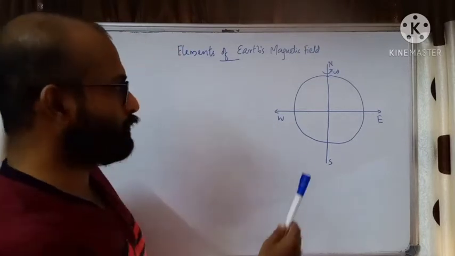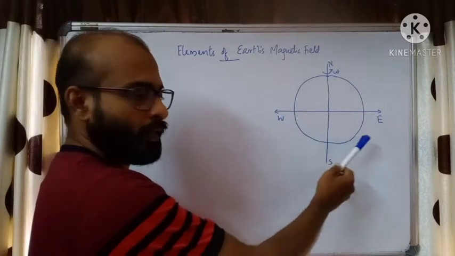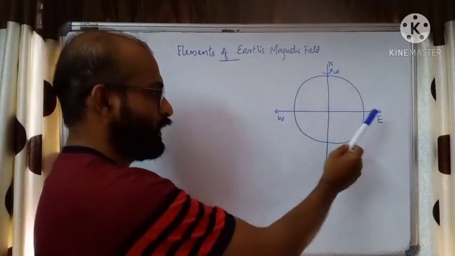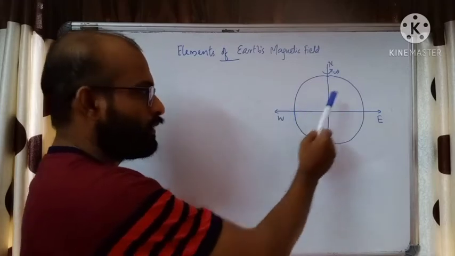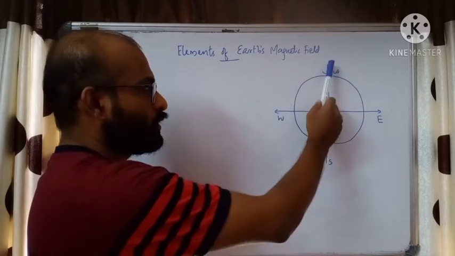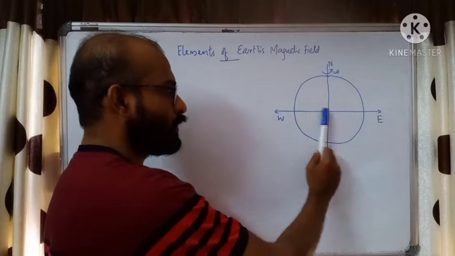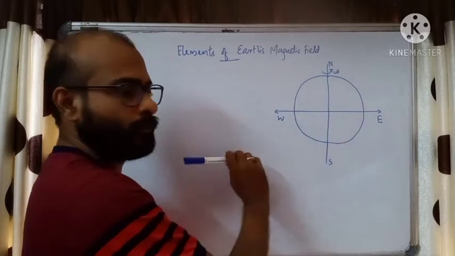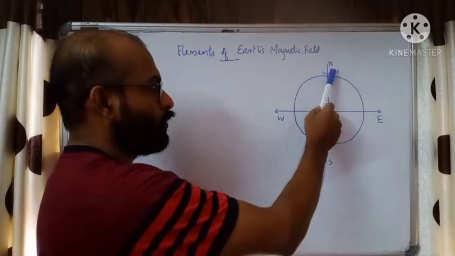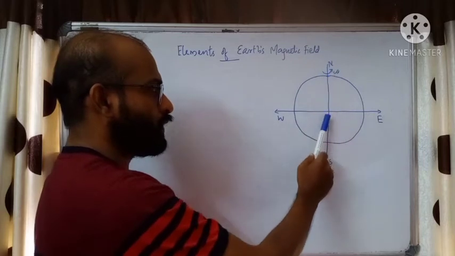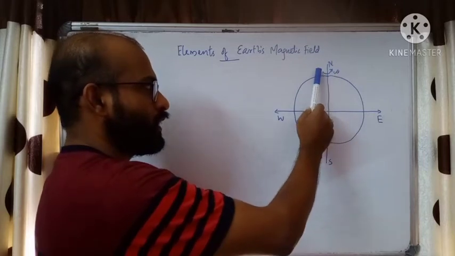We can see in the diagram. This is the shape of the Earth. West direction, east. This is called the equator and this is called a pole, north pole and south pole. This is the equator plane and this is the polar plane. Now Earth is rotating about the axis passing through the center of the Earth in this direction. This is the direction of rotation.